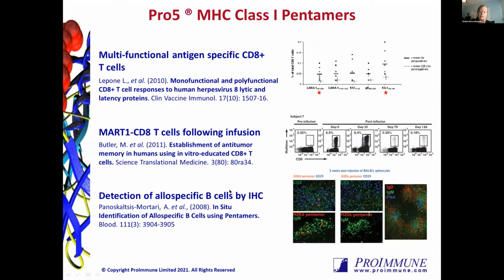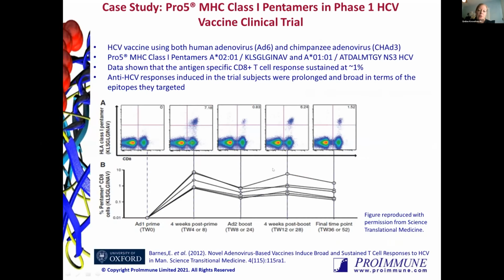And in this example, coming out of University of Minnesota, they actually used the pentamers to stain for allo-specific B cells using immunohistochemistry. So in addition to being very consistent and reliable reagents, they're also quite versatile as well. Now I have quite a few case studies to go through in more detail as well, and a couple that